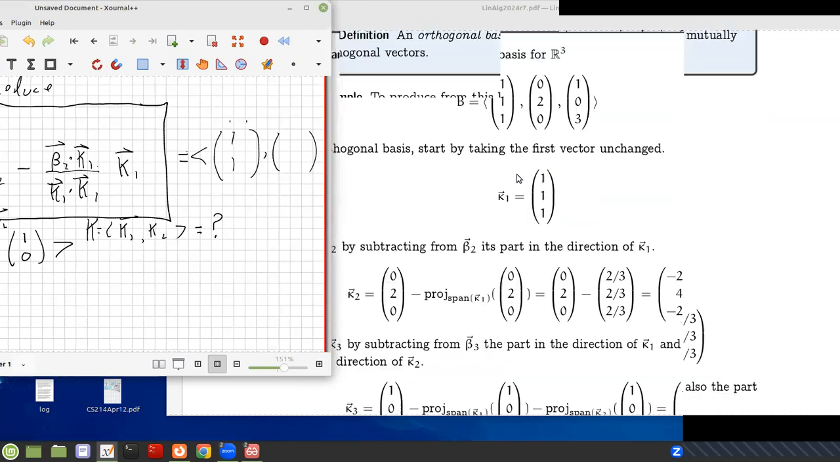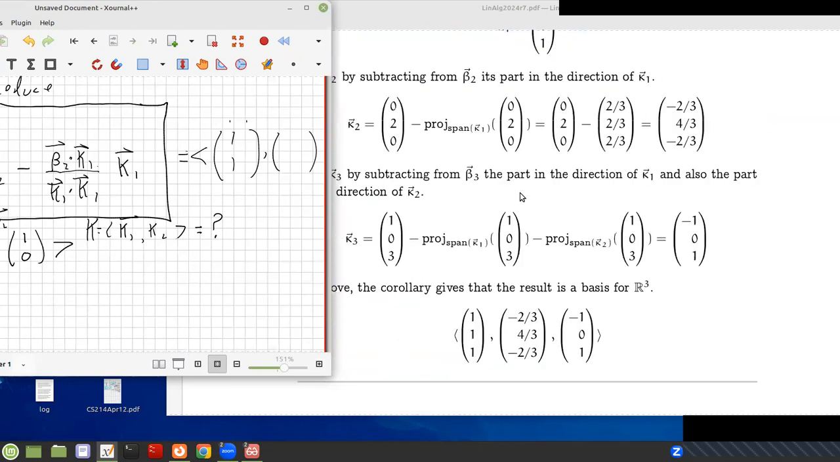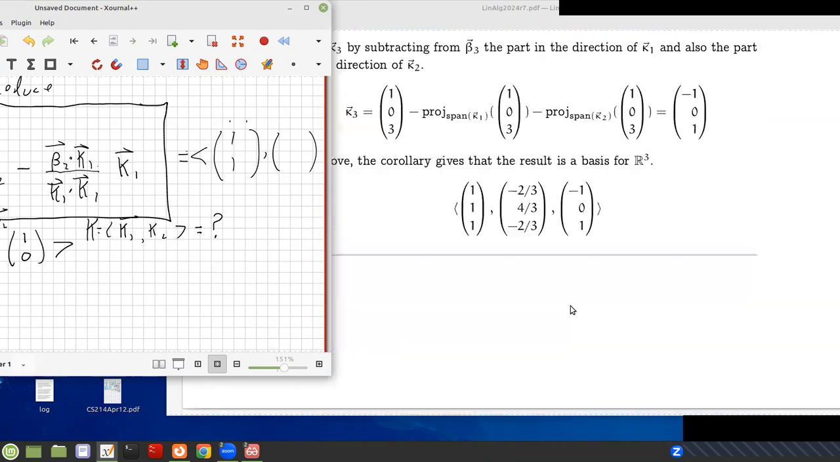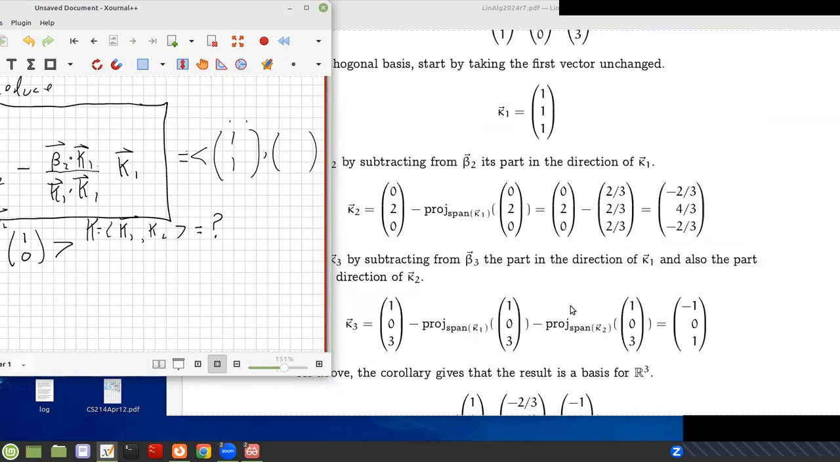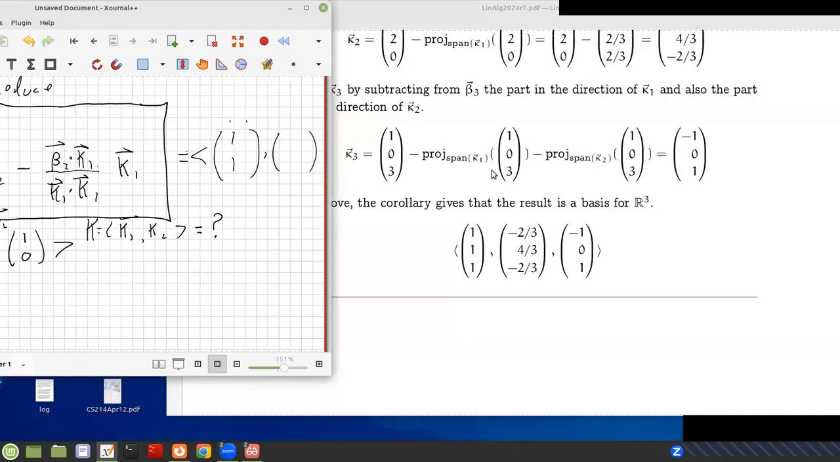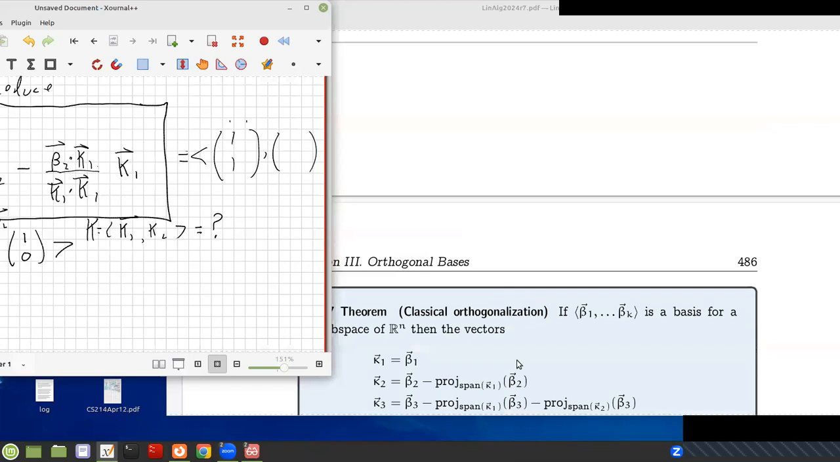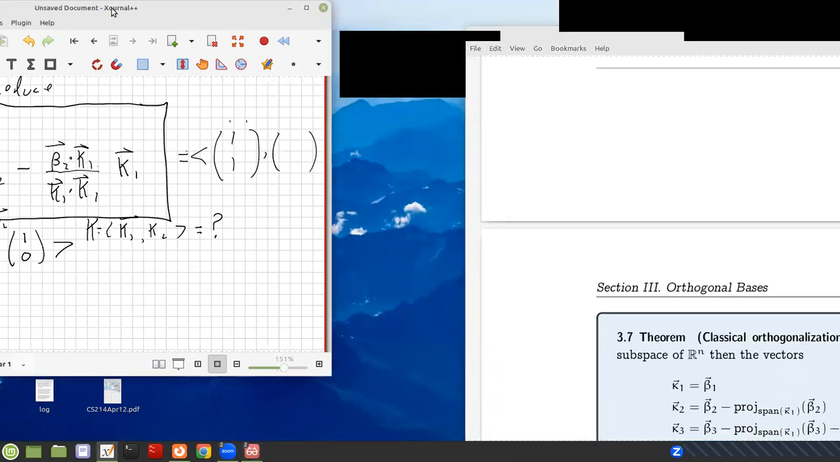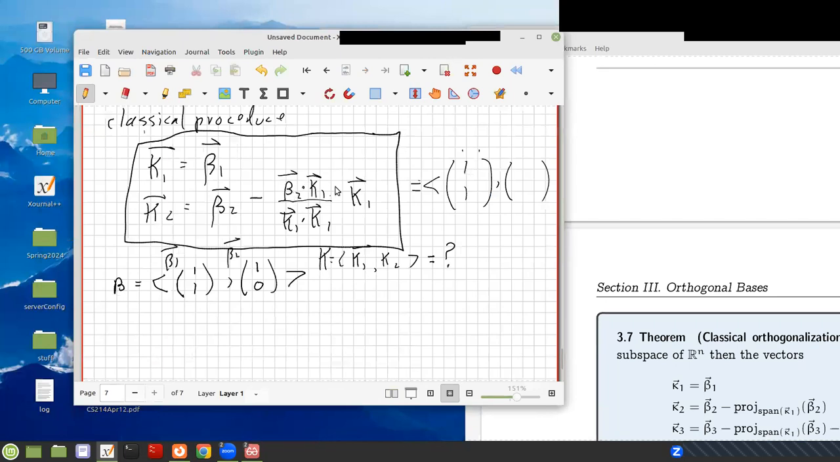Let's see. Oh, I didn't write it out exactly there. It's the projection of K1 on beta. It's the projection of beta 2 on the span of K1. So it is the projection of beta 2 on K1, because we have beta 2, but we know it's not perpendicular to beta 1. So the solution is to subtract. Well, let's